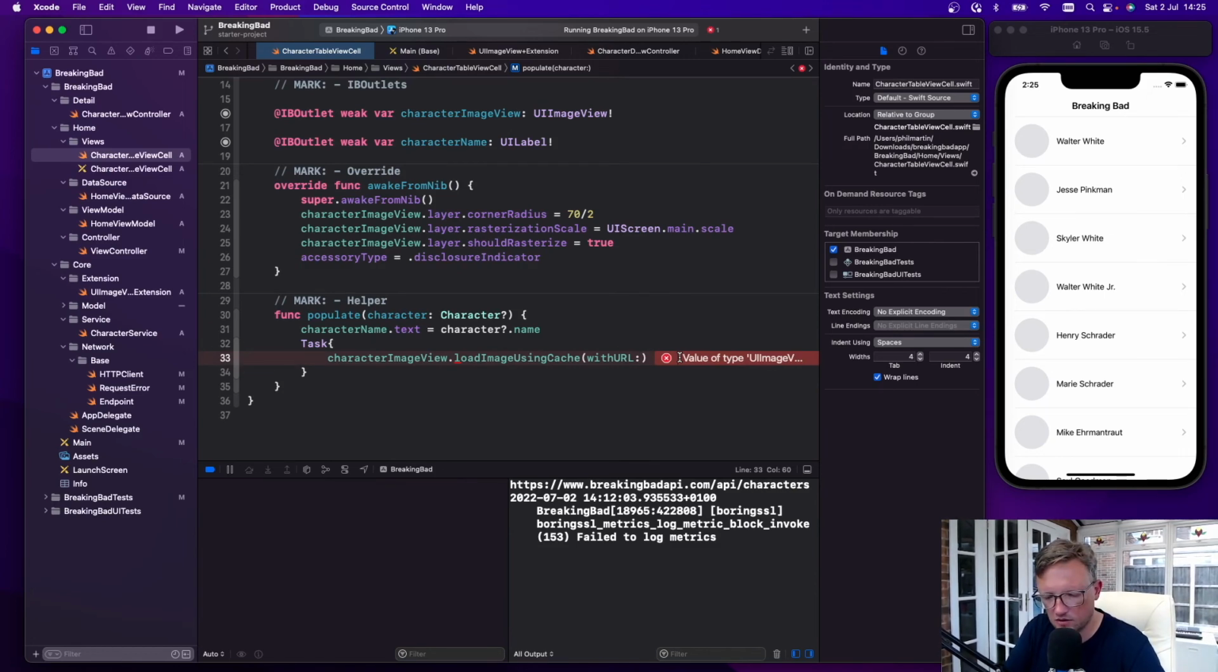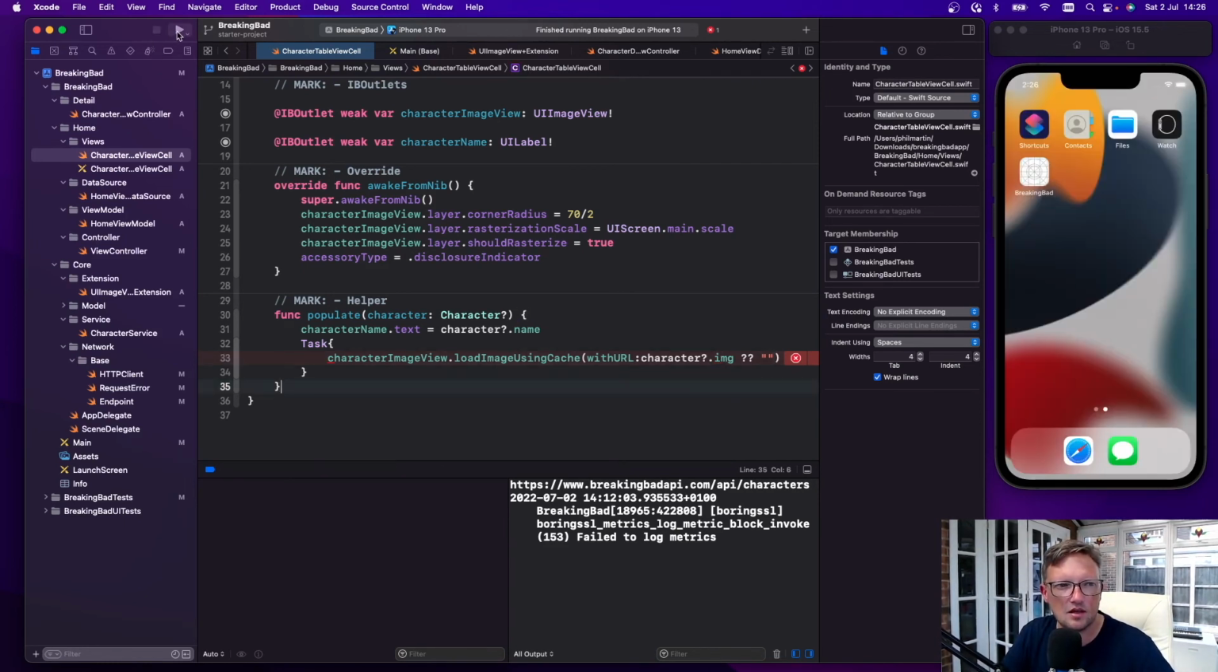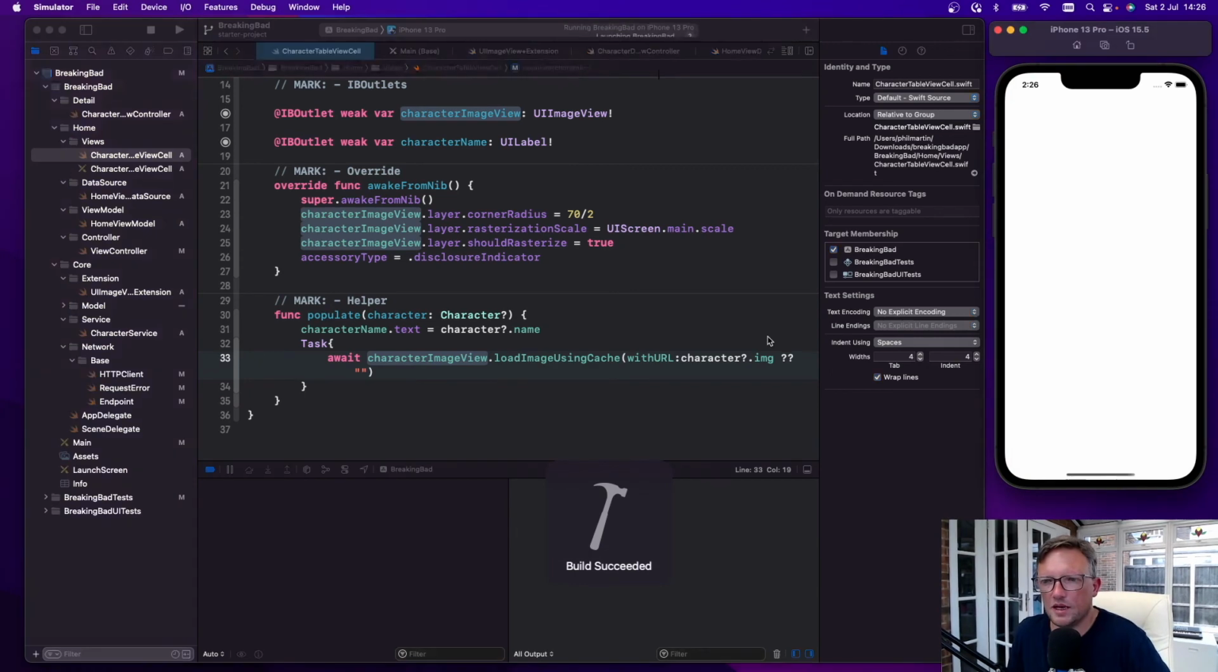And here we're going to do character name dot image, because that's the string that we get back from the service, our Breaking Bad API, with the URL to that particular character's icon. And we'll just pass in a default empty string for now. And then hopefully, if we build and run, it needs the await keyword, of course. So now if we build and run,